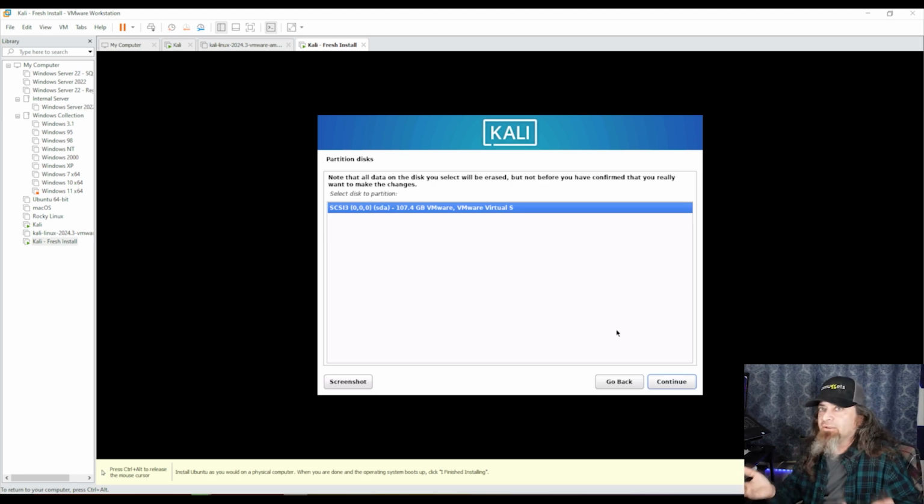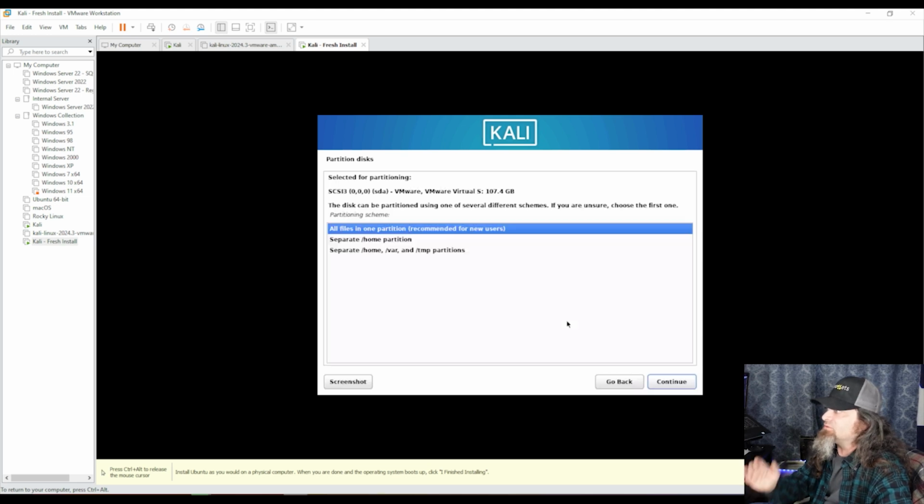But since I'm not using anything special on this configuration, I'm just going to leave it as the whole disk, and I'm going to select the disk to partition. If there were multiples, I would pick the one I want. But since this is a clean disk, we're going to select the default answers and provision the whole disk as